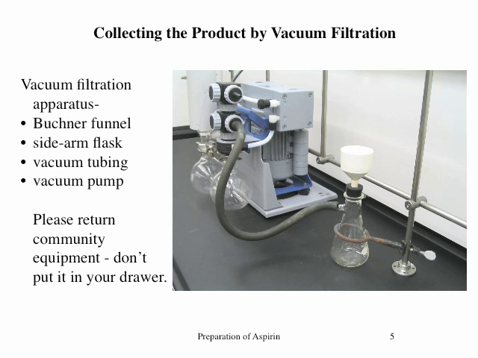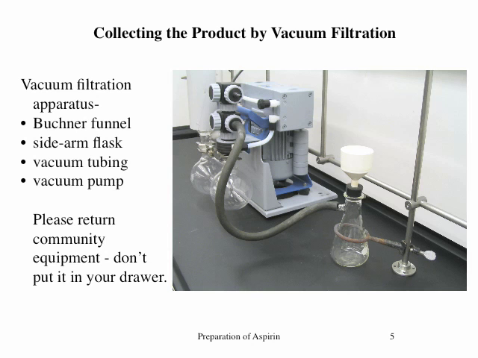The aspirin is collected in a vacuum filtration apparatus. This is comprised of a vacuum pump, a Buchner funnel attached to the top of the sidearm flask, and then the flask attached to the vacuum pump with a section of vacuum tubing. After inserting a piece of filter paper in the Buchner funnel, the reaction mixture is poured into the Buchner funnel. The liquid component of the mixture flows through into the sidearm flask, and the aspirin product is retained in the